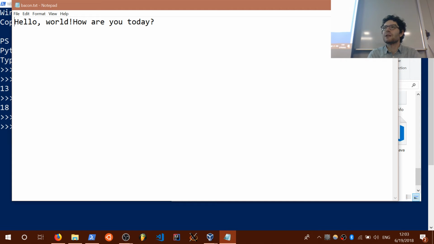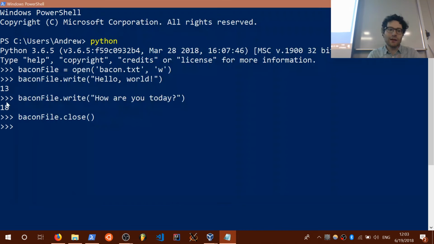Unlike the print command, which automatically puts in new lines, write doesn't automatically put out new lines for you. So it's just dot close? Yep, dot close. Baconfile dot close. Now if I open this file, here's the important thing. If I open this up again in write mode,